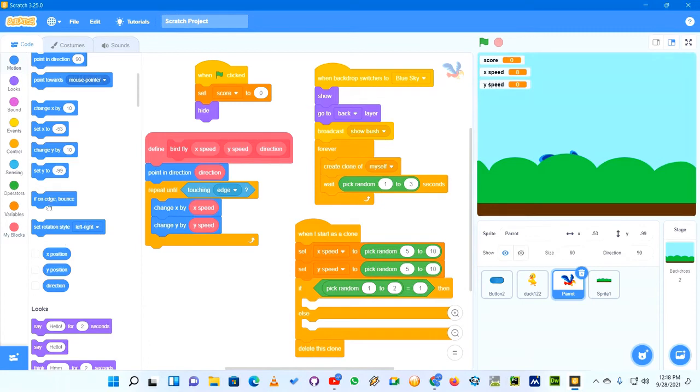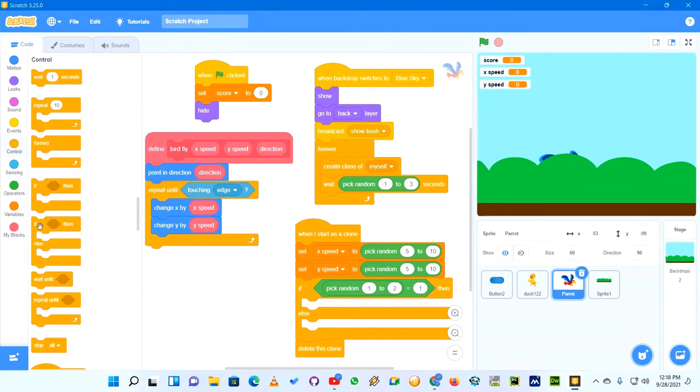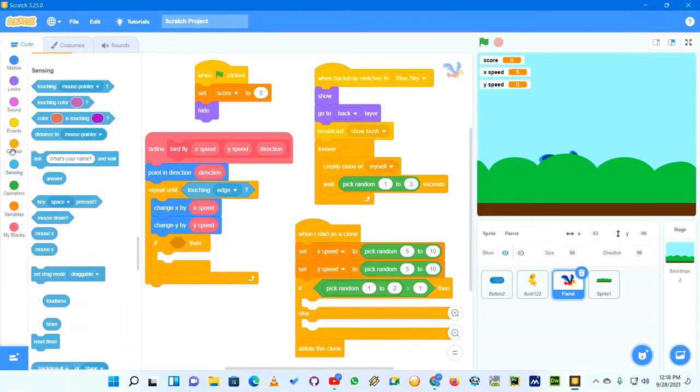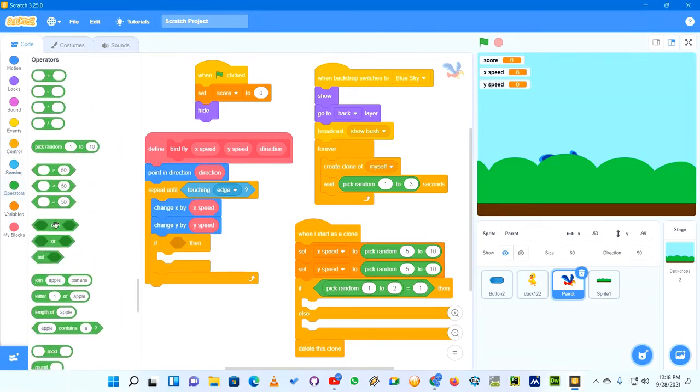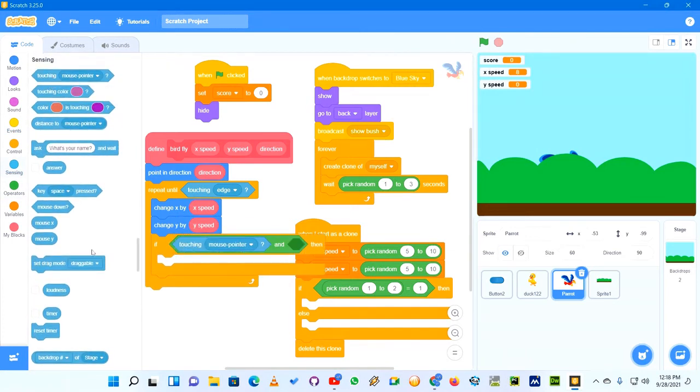Now next is if touching mouse pointer. We are going to use an if block again. We are going to check for two things, first whether it's touching the mouse pointer. So now we are going to use the shooting point. We are going to use the mouse pointer to shoot the bird. So if it is touching the mouse pointer and if the mouse is down, if these two conditions are satisfied together,